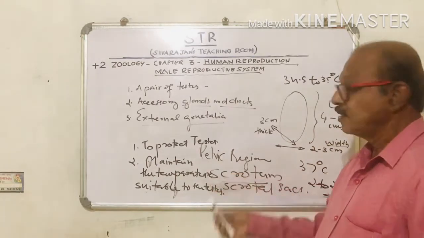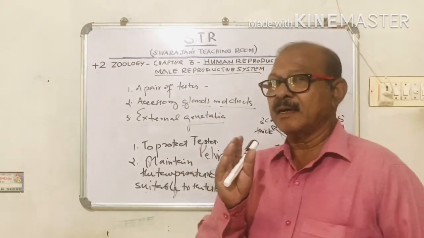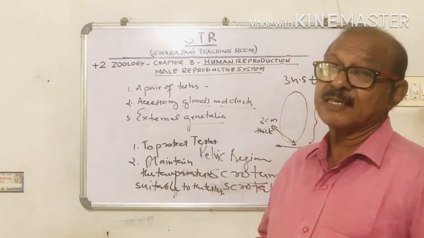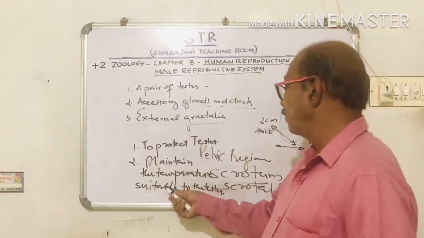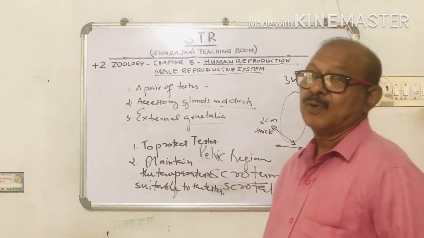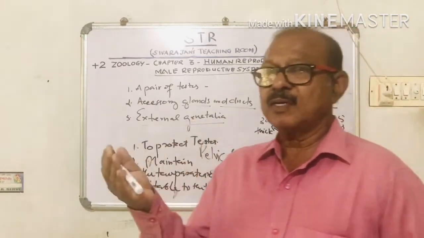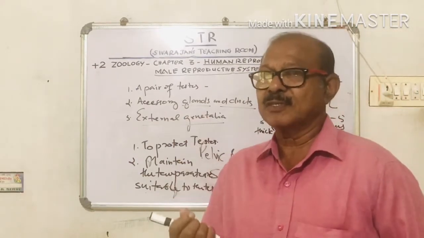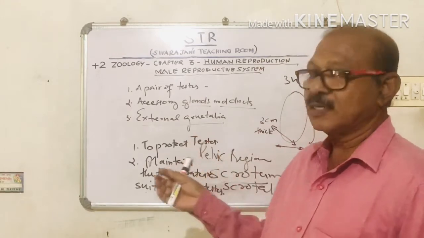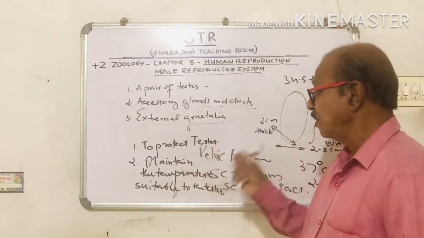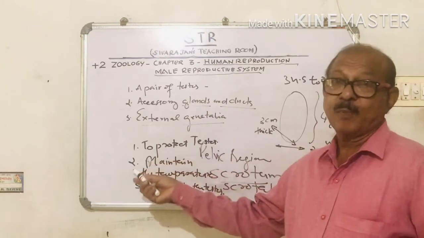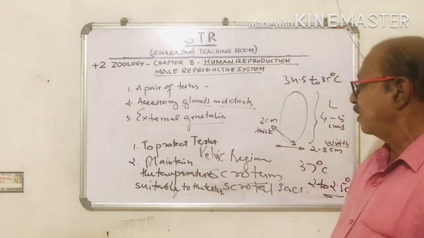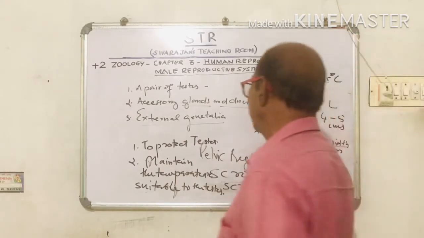So now I think you can understand how the scrotal sacs help to maintain the suitable temperature for the testis. It constricts when it is cold, and it loosens and hangs down when it is hot. So the scrotal sacs have two main functions: to protect the testis and to help maintain the temperature suitable for the testis. Okay, now